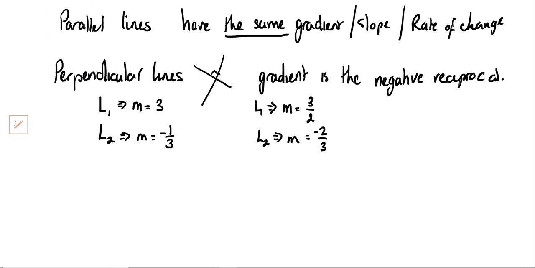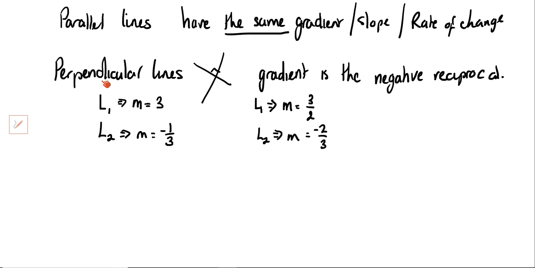Question 4 on page 128. It says, which of the following lines are parallel and which are perpendicular? We could use Desmos, because by putting it in we could see whether they're parallel or not. But now we're not going for the graphical approach, we're going for the algebraic approach. So we're going to see whether they're parallel based on their equations, not the line itself. All right? So if we've got, for instance,